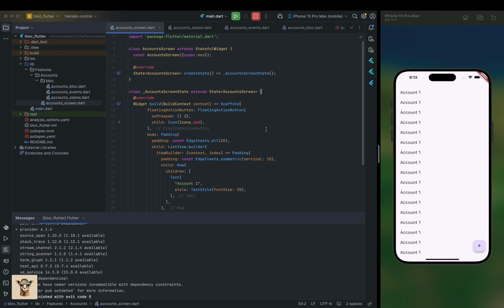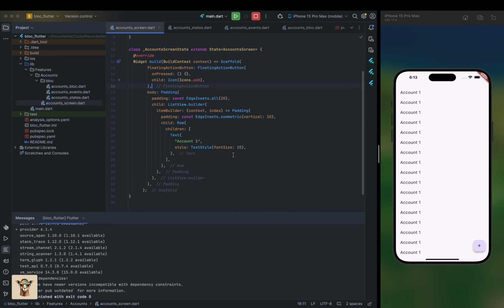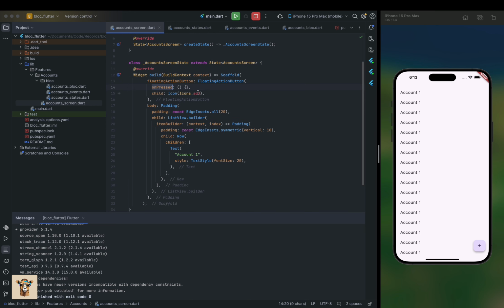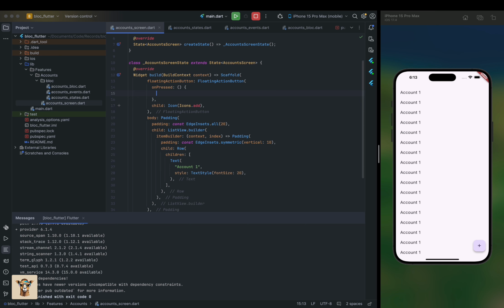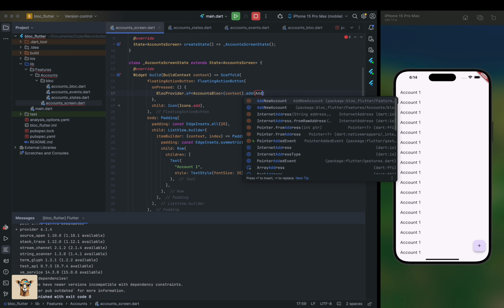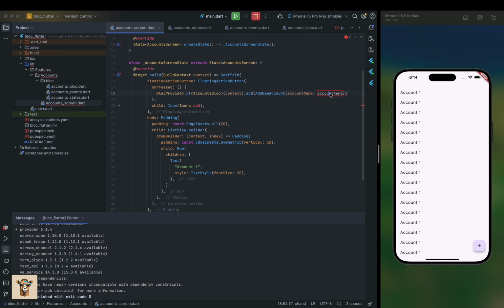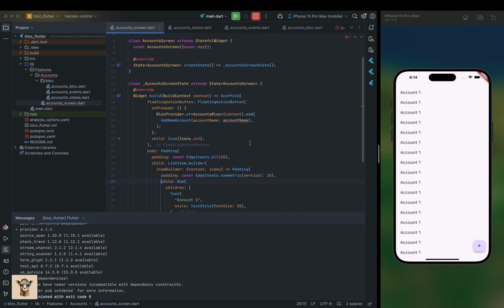Okay, now we can use this one in the UI. First we can manage the floating action button onPressed. Here we have to add a BlocProvider with context. Yes, let's add the generic. The type of the block is accounts block. Yes, and here we can add event, and we need the add new account event, and it needs account name. We have to add a string,